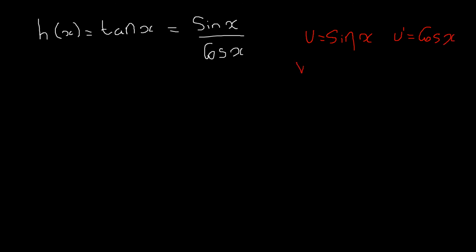We can say v is equal to cosine x, and therefore v prime is equal to negative sine x. So h prime of x is equal to